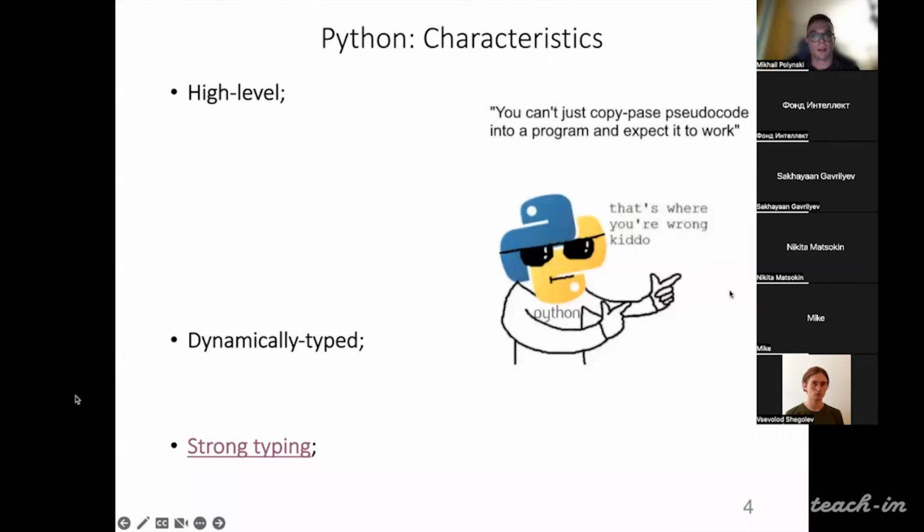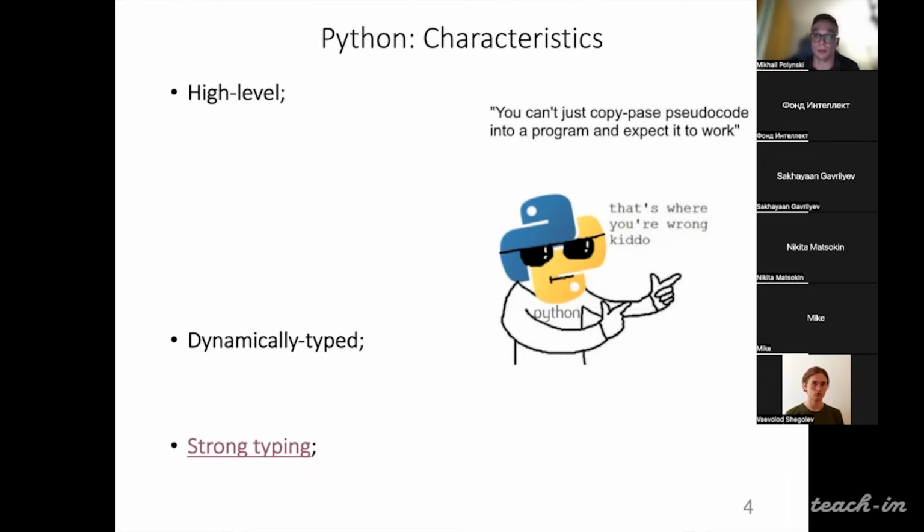Let's discuss the specifics of the Python programming language. Just to mention, it's a simple programming language because of its unique features.